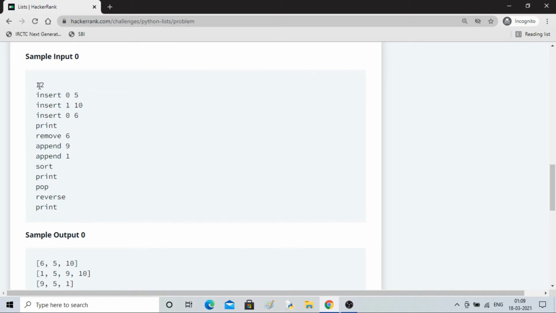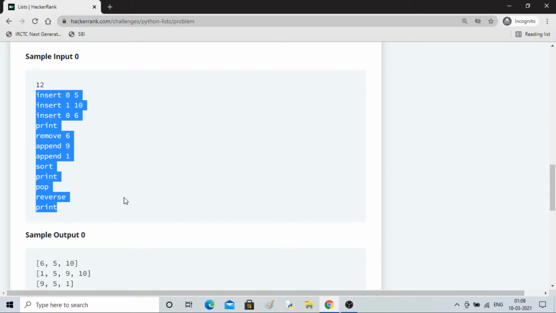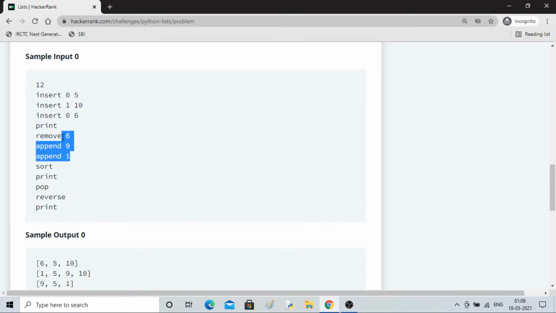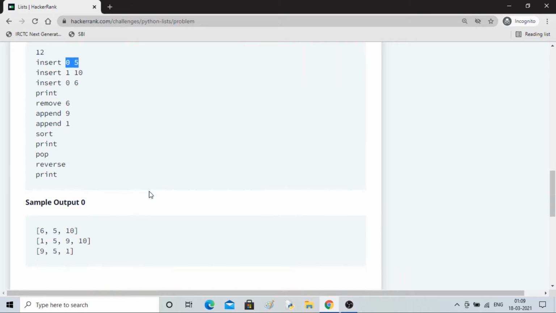So here you can see the n value is 12. Then these are the bunch of commands, 12 commands, because the n value is 12. And we can see that there are some multiple inputs here. These are only one line inputs, but these, remove, append, insert, need extra inputs as well.